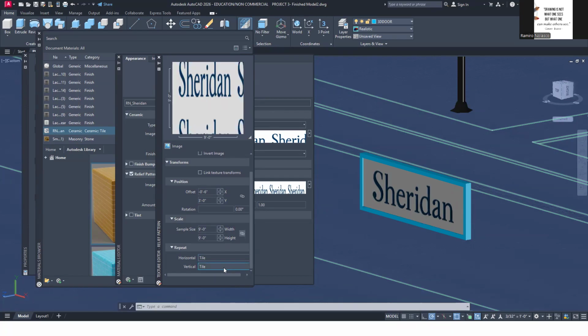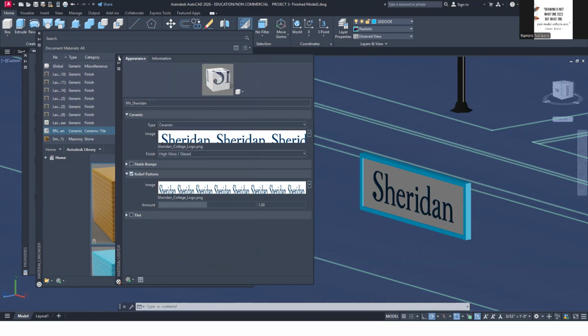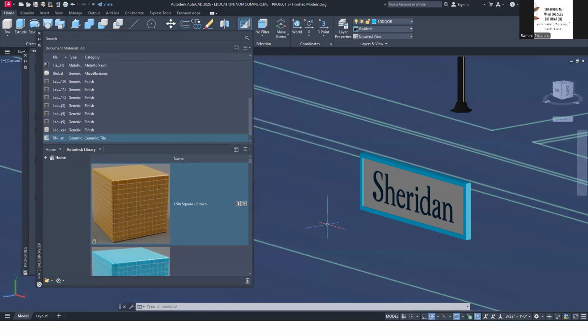So technically, you want it not tiled, but in this scenario, you just make it bigger because it's easier for me to find it. Right? If it's not tiling, sometimes I don't know where it is. It might be printing somewhere here outside, and then it's difficult for me to locate. So tiling sometimes helps. Okay?